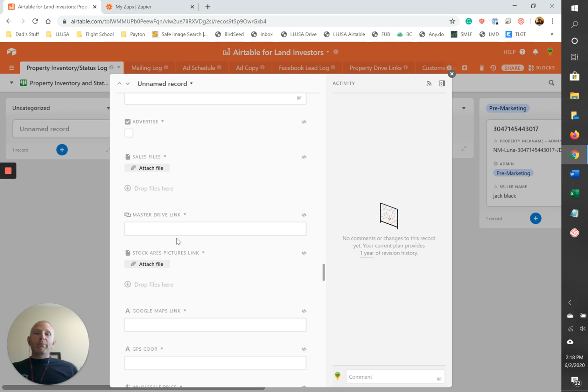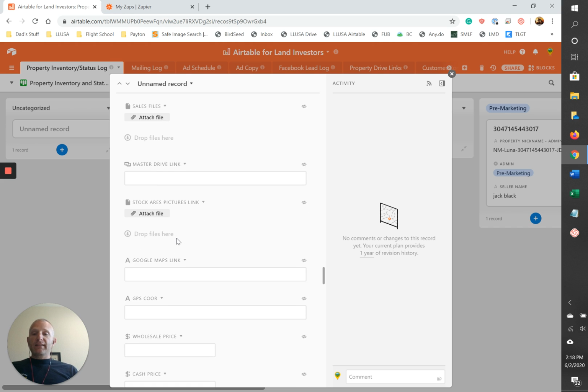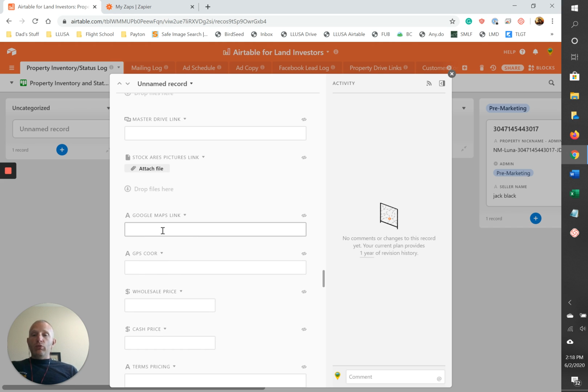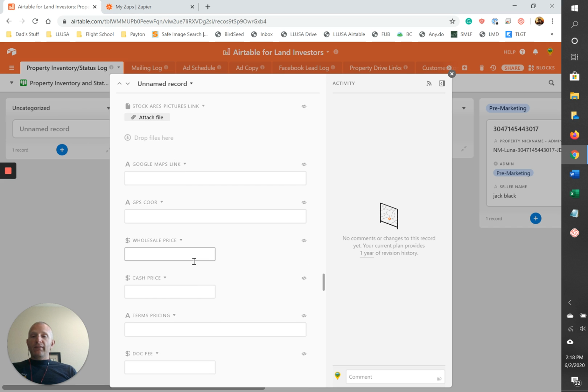Again, like I said, I create a master drive link for every property. It could be Google Drive, or it could be Dropbox or Box or whatever cloud-based system you use, but that's just where I store all my pictures, files, and everything else that my VAs are going to need access to. I make sure that they get a Google Maps link in here, the GPS coordinates, and then here's where